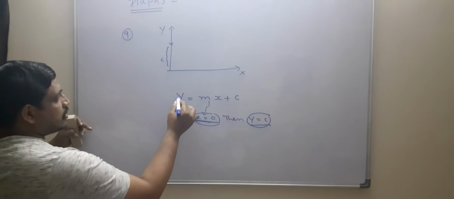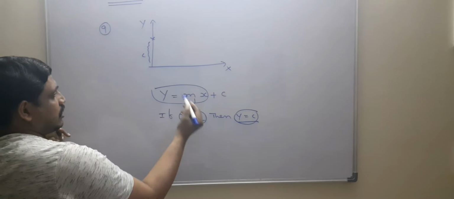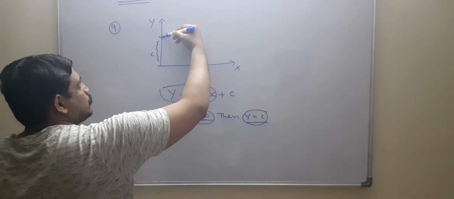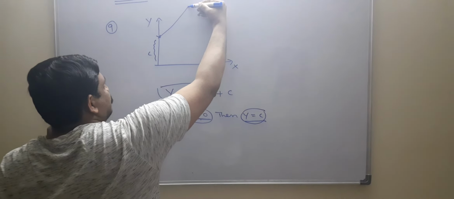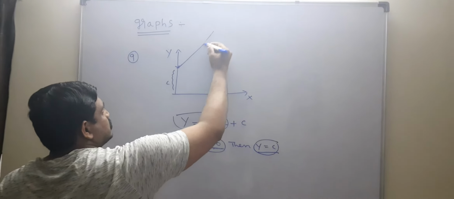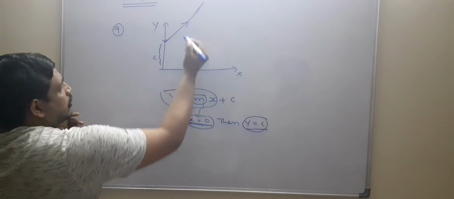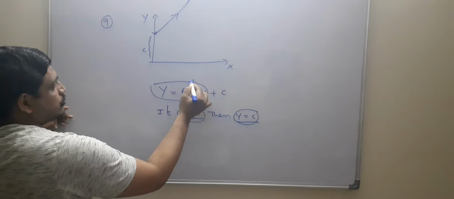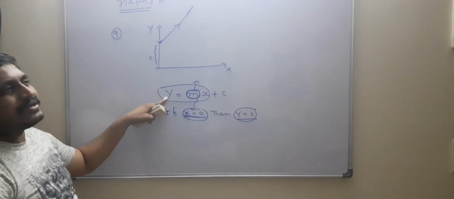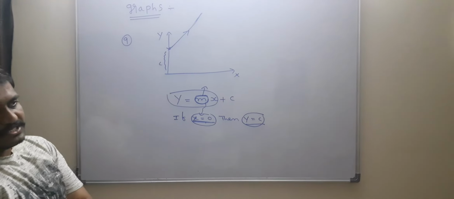This graph is y equal to mx plus c. That means the graph gives a straight line. Here plus m is given. Plus m means positive slope. That means as x increases, y also increases. This is the straight line. Look here. Why is it increasing? Because here m is positive, that is called positive slope. x increases, y also increases, that's why this is a straight line graph. This is called the slope equation.